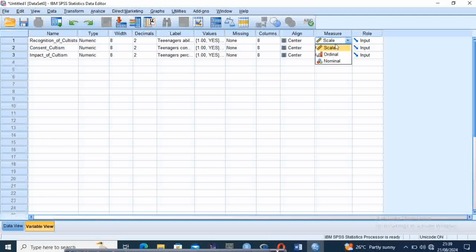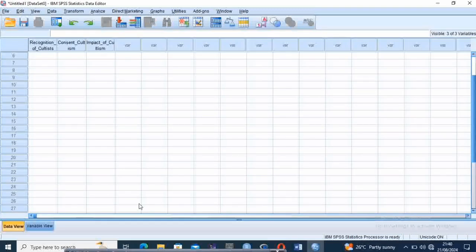Then measure, scale: these are just types of measurement order. So I'm going to let it stay as nominal. I'm not using scale or ordinal. Since the choices were yes or no, I'm going to let all of them stay as nominal. Okay, so I'm going to be throwing light on all these items in my video on introduction to SPSS, so every other thing can stay the way they are. Once you are done setting all these in your variable view,